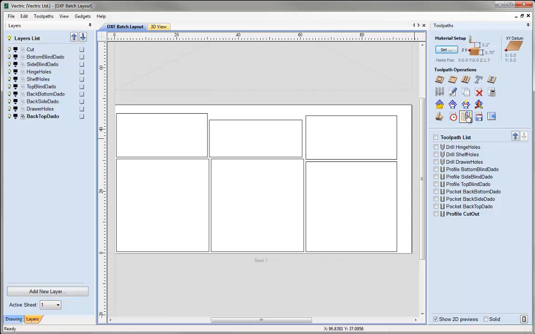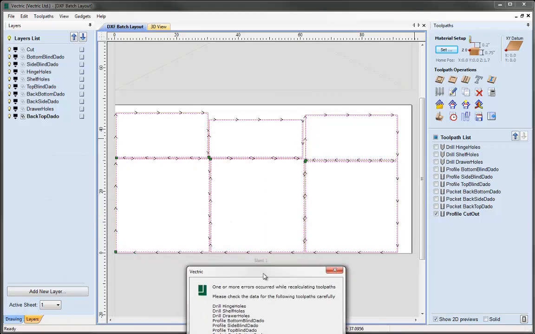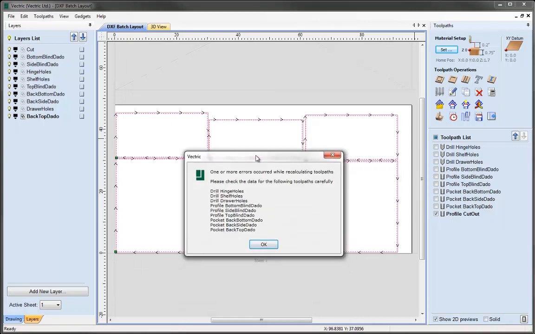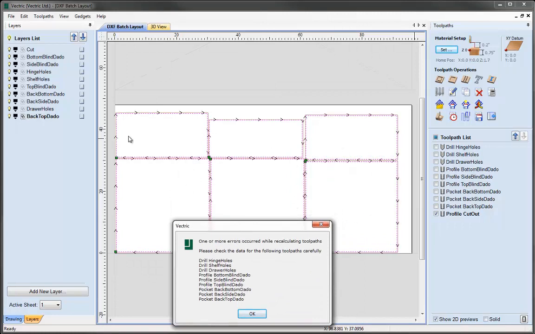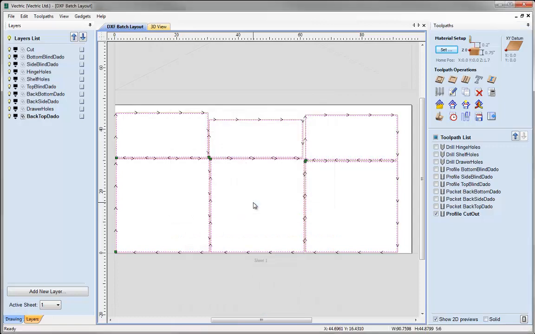So if we just demonstrate that now, if I recalculate all the toolpaths, you'll see that we've got an error message come up which says that whilst recalculating all the toolpaths, the following toolpaths didn't have anything to recalculate with. And this is all because on this sheet, the only toolpath that it could create is the profile cutout path, and that's because it's got no dadoes or any drill holes on this sheet at all. So it's just giving you a warning about that, and it's good because it lets us know